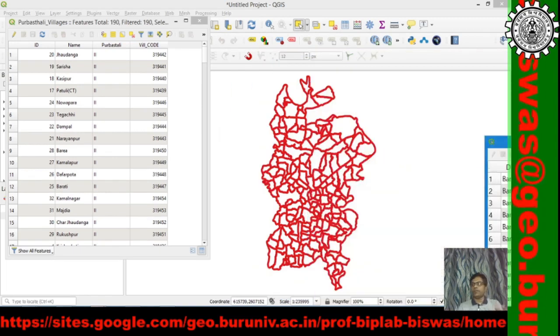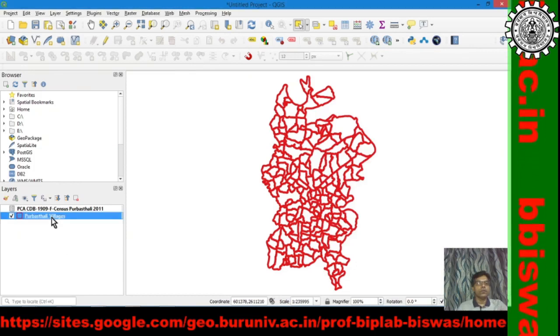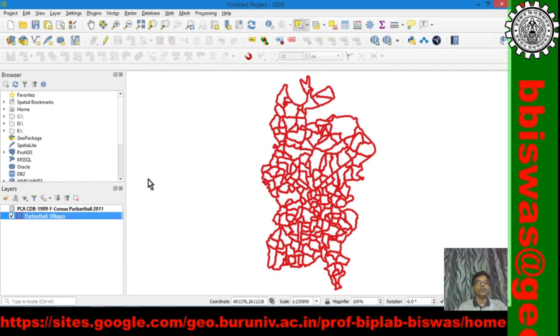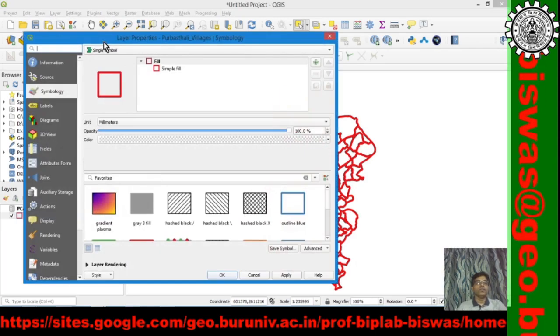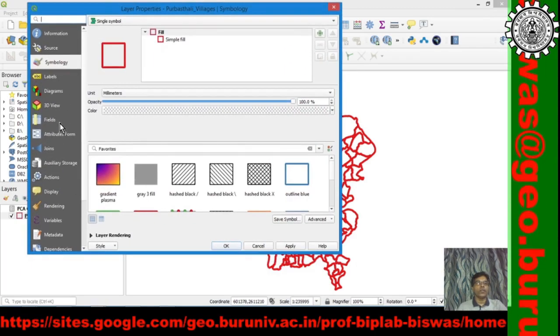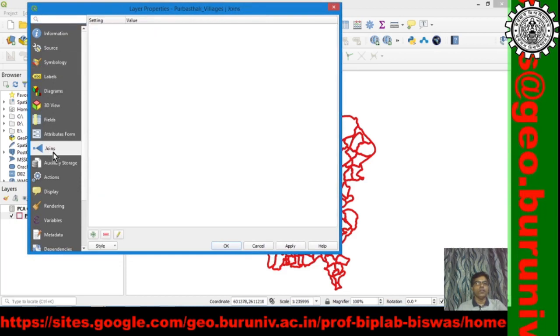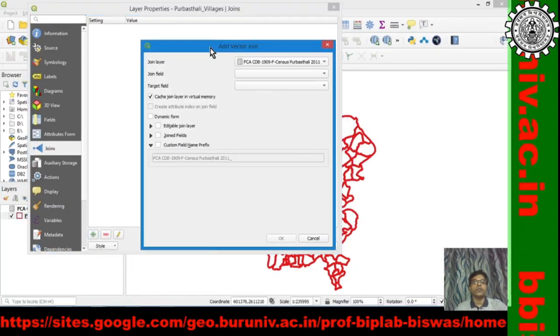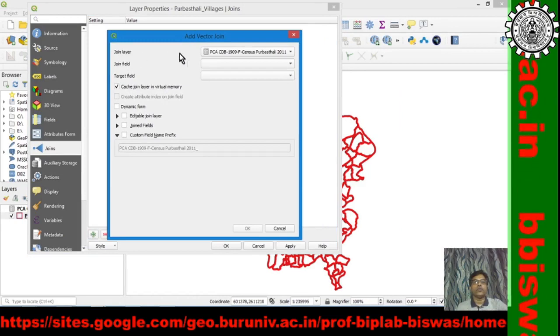Let us try. Right click, properties. You see in the properties dialog there is a tab called join. Hit the plus button, and choose the join layer.